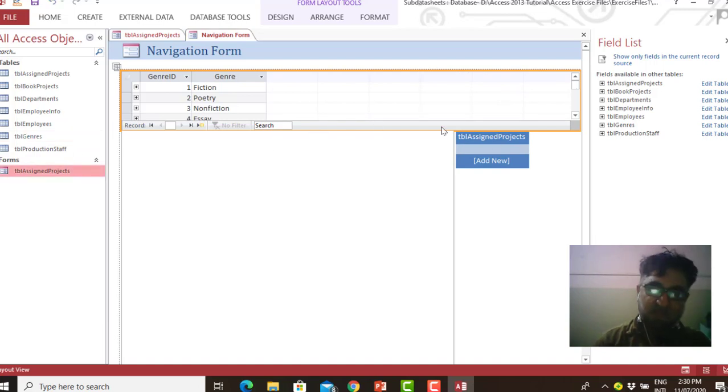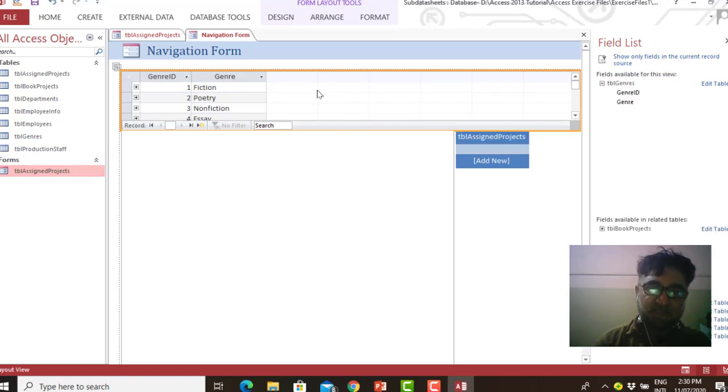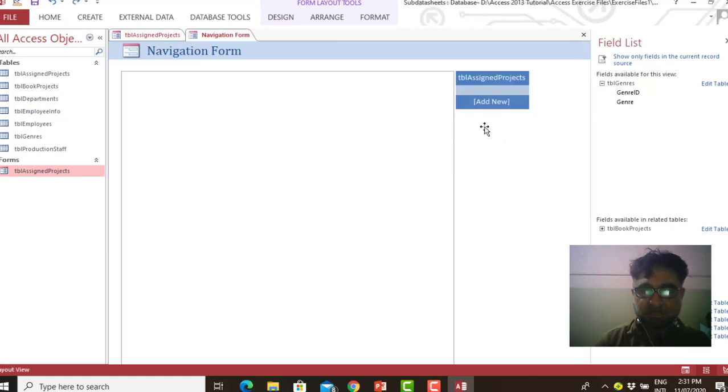The form will be coming like this. This means we don't add a table in this. So this is a small menu.